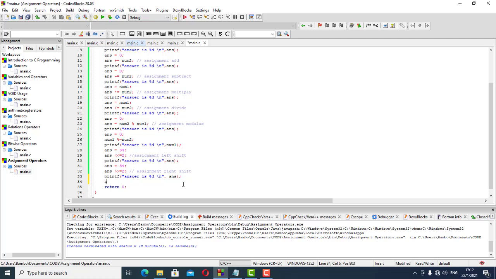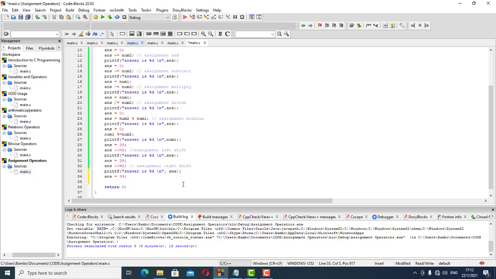So we then have our answer is equal to 34. If our answer is equal to 34, we then want to be able to say our answer and equal to 7, like that,